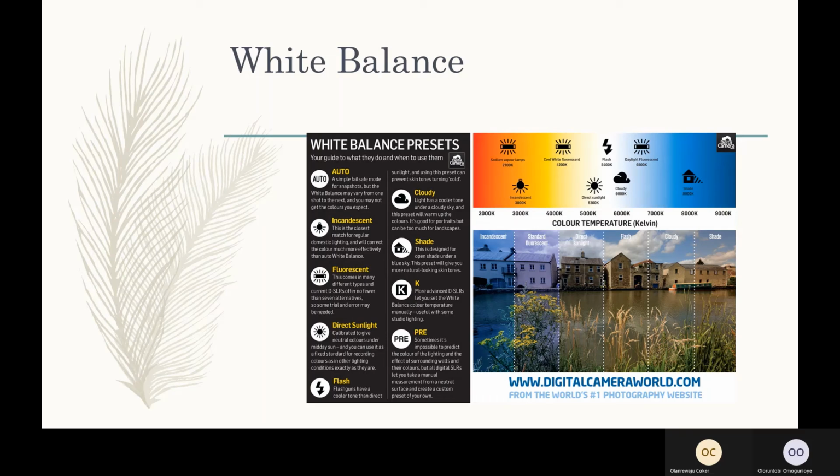This color temperature is measured in the Kelvin scale. This is how it looks. If you look at the orange side and yellow side, these are the warm part. Then to the cool side, that's the blue side. That's what we call the cool part. And the camera has some settings: we have your auto, incandescent, fluorescent, direct sunlight, flash, cloudy, shade, K, and